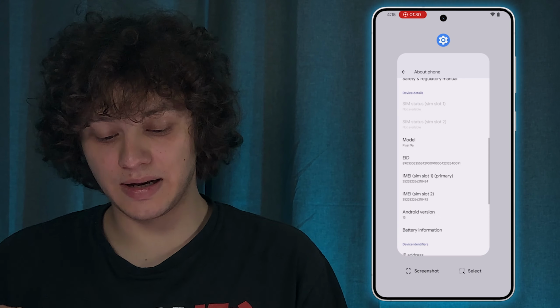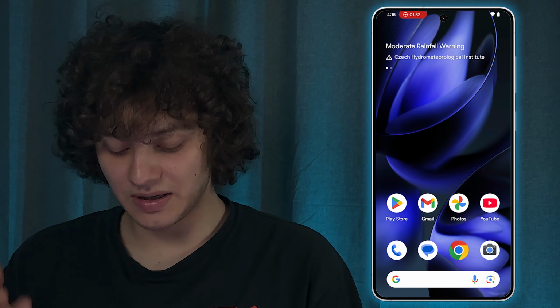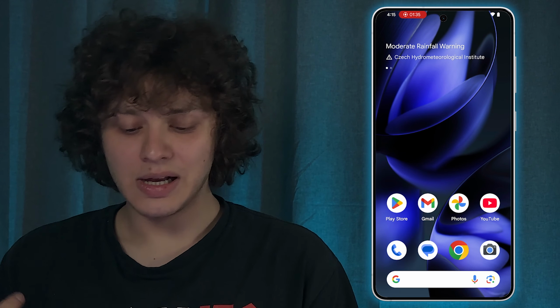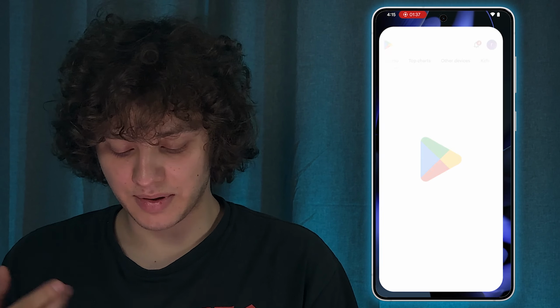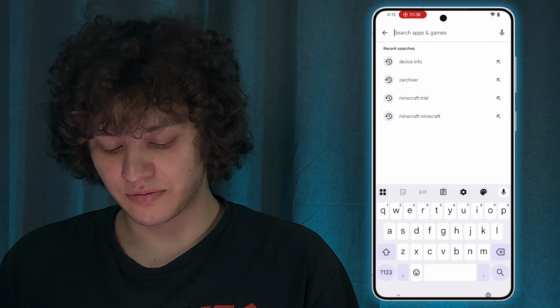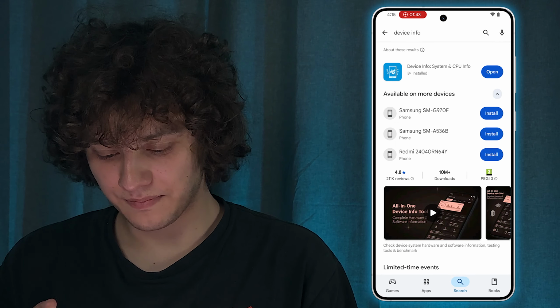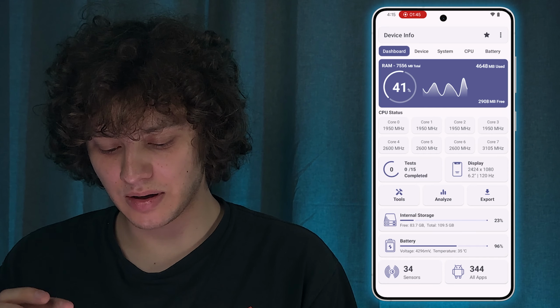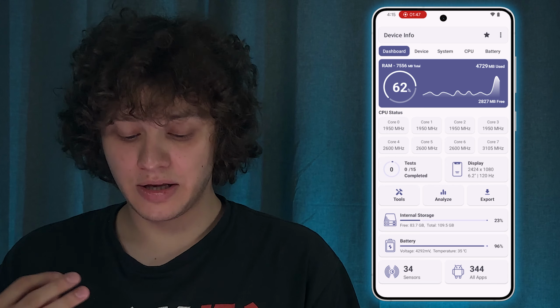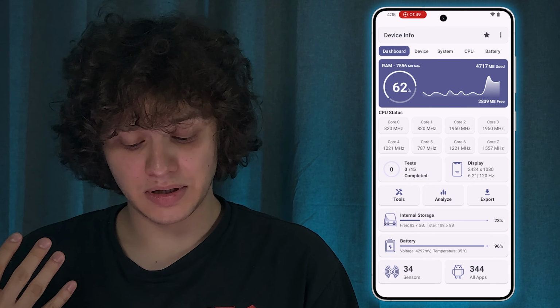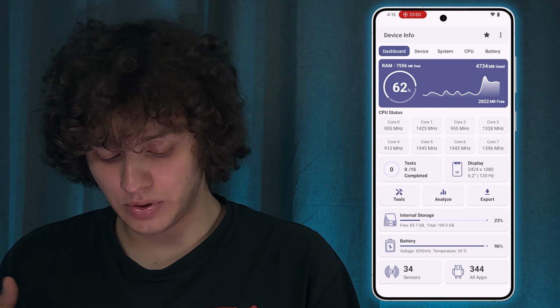Also, there is an application called Device Info in the Google Play Store. Let me show it to you as well. Open up your Play Store. Let's search for Device Info. There it is. Press install, open, and here you can find a lot of different good info which is going to